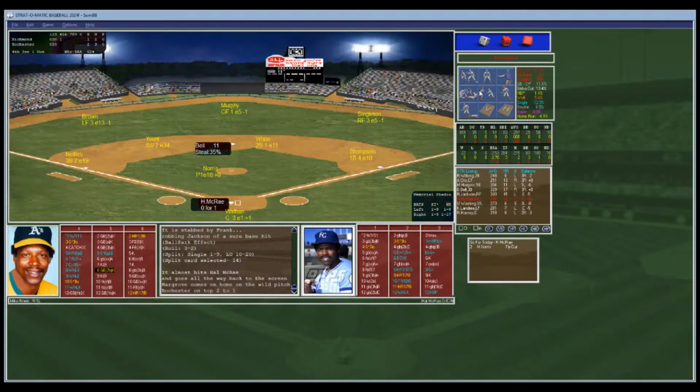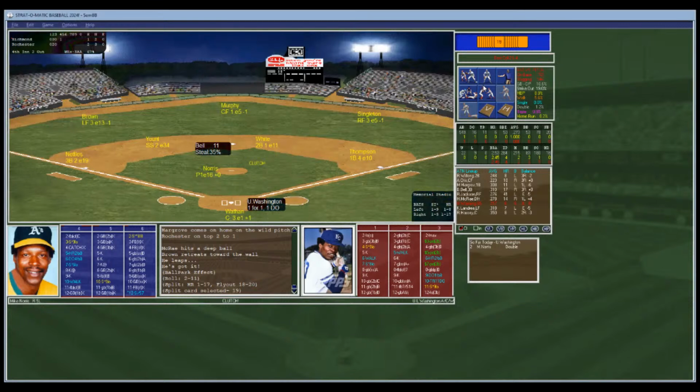Norris from the stretch and the pitch to McRae. And that's a deep drive. Oh, what a play by Bobby Brown. Takes it back in and throws it in. Holy web gem. That will make this weekend baseball. That will be probably the Gillette play of the game. What a play, Bobby Brown. Takes it and brings it back.